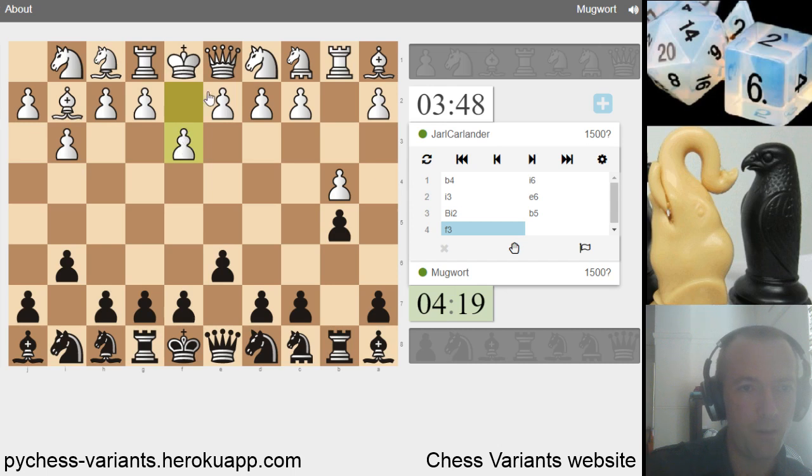So he's gone F3, opening the queen. That doesn't seem so dangerous at the moment, so we'll just keep on developing. Any targets to attack? No obvious targets at the moment,